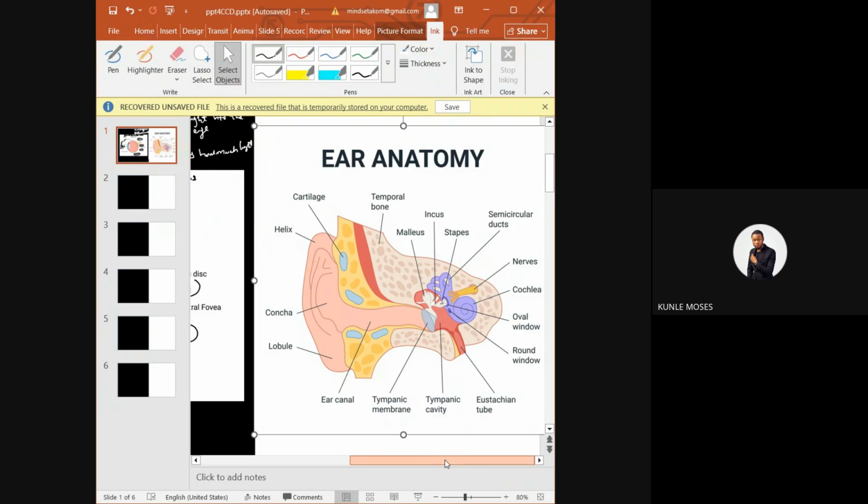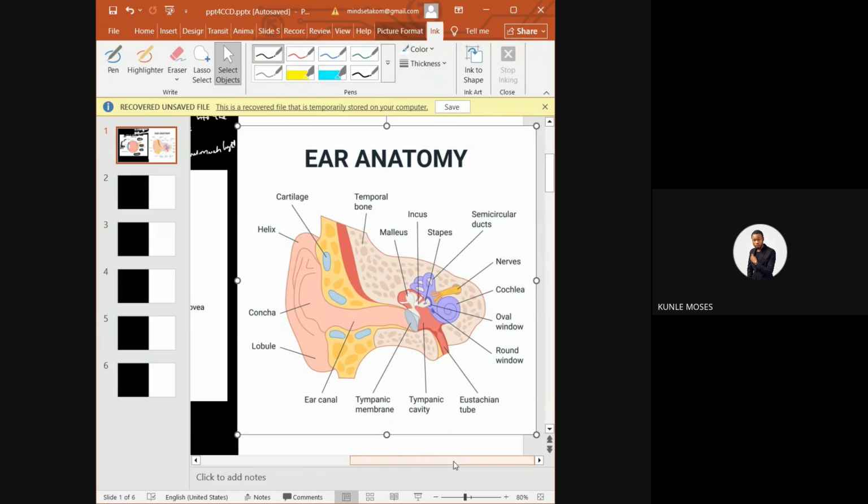So this is the structure of the ear. I really like diagrams. One of the things that you need to like in biology is diagrams. Once you understand diagrams, in case they ask you to explain any component or state the function or identify, that will not be an issue. So after the class, just try and look at the diagram and find a way to see how you can know the individual functions. It can be hard, but then just try to do it.